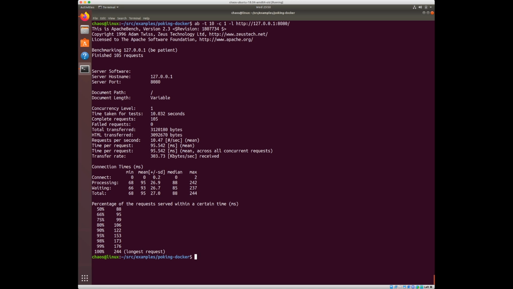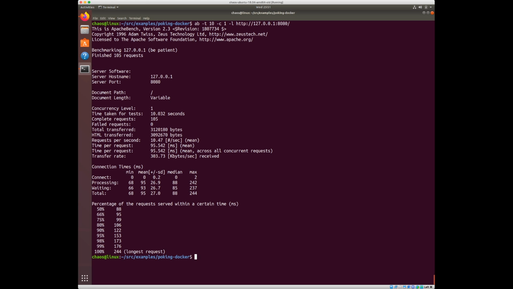You can see that during this 10 seconds, we got 105 requests that were complete, and we got no failed requests, which is also great, which translates into 95 milliseconds per request, which is, let's be honest here, running on localhost, not the record of the world, but it's not too bad either.